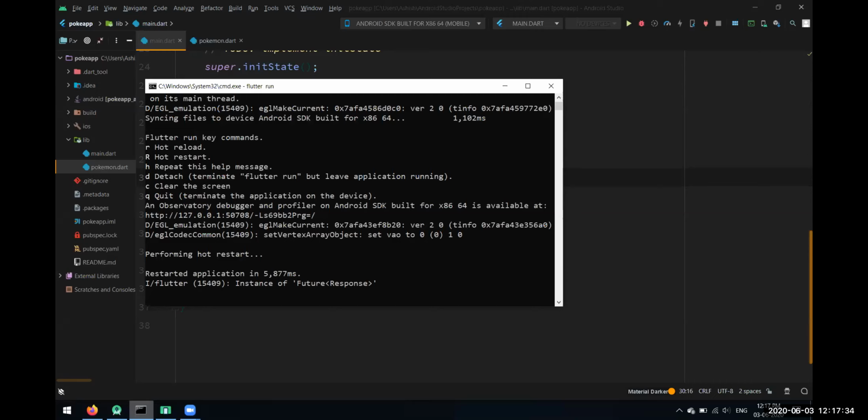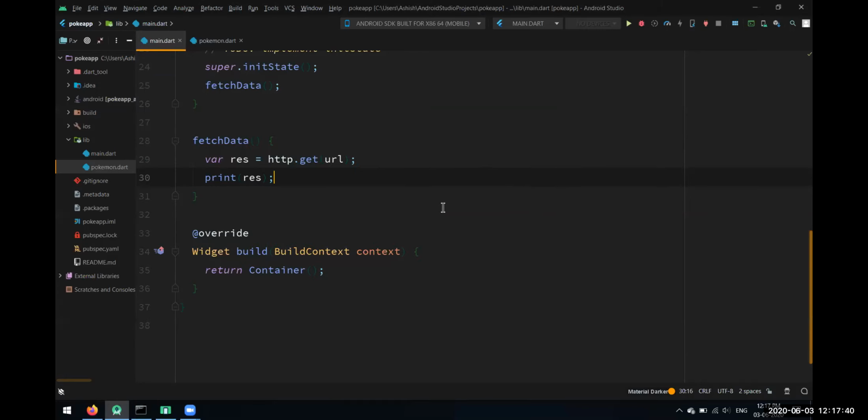So let's make the code compatible with it, so that we do not print the data before getting the response. We'll first get the data and then we'll print the response of whatever result we get after hitting that API. So we'll make this method async. Async is the keyword we have in Dart to mark the method as asynchronous, because this is going to be an asynchronous operation. Dart is a single threaded language, so that's why we have to use these tricks to use asynchronous programming.